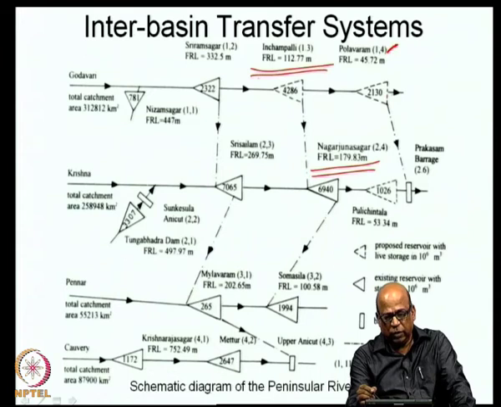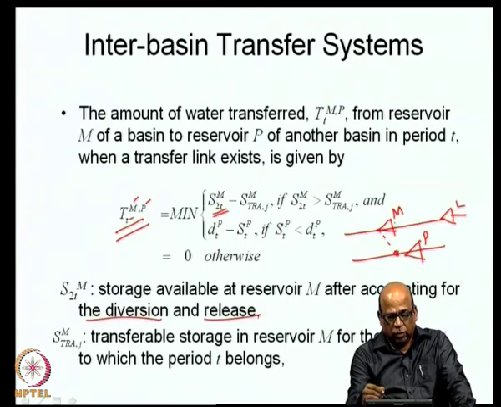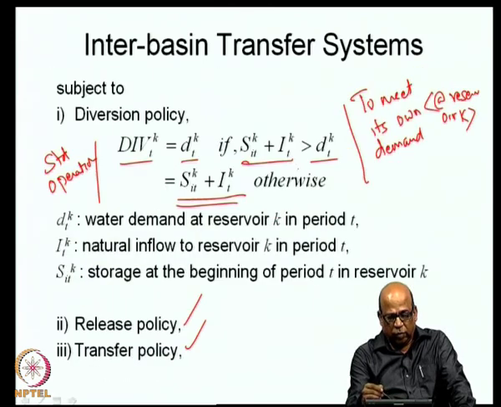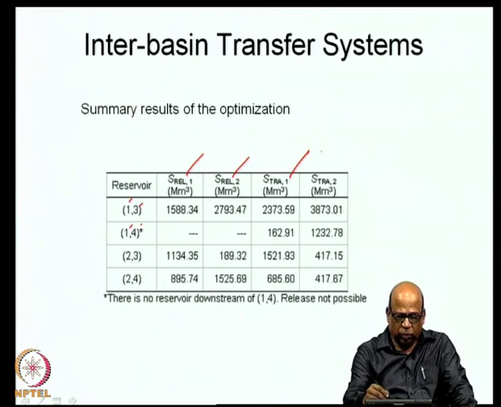Now, if you do not have anything downstream, that is there is no downstream demand, then obviously release term will be 0, whereas transfer term may be possible. So, you may not have a release zone, but you may have a transfer zone. So, that is how you put the optimal results here. So, finally, what you get out of the optimal solution is that you are making the transfer zone as well as release zone for both monsoon as well as non-monsoon periods.